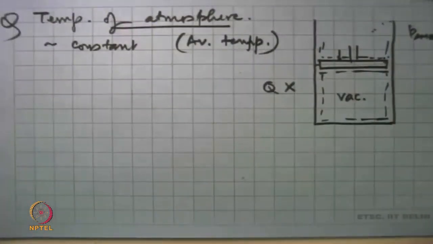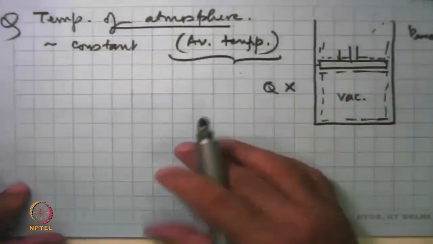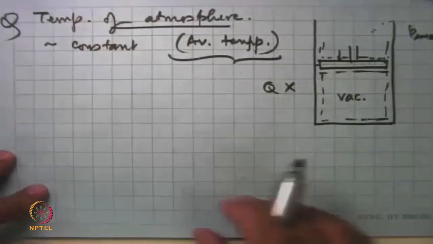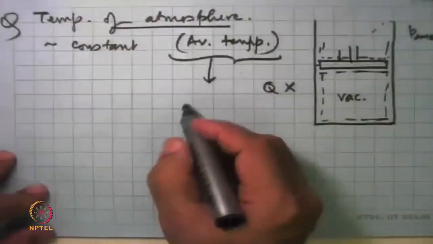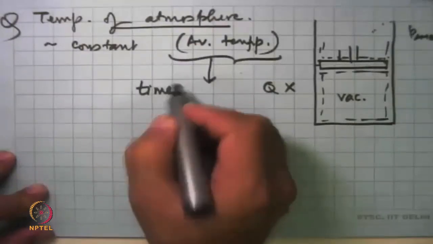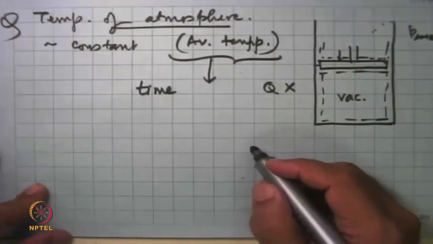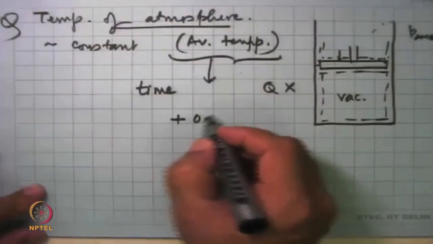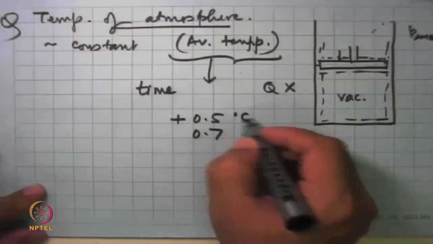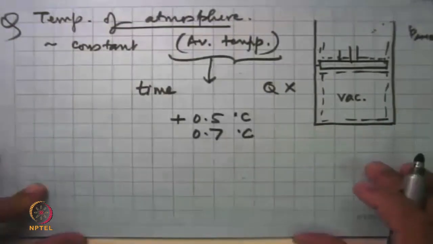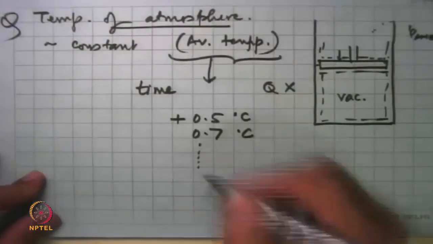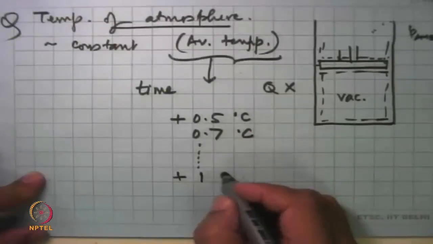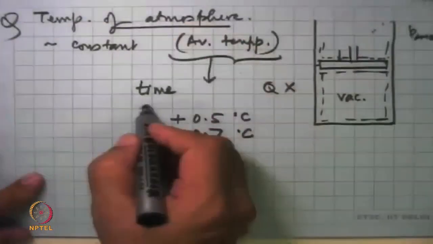But when we talk of global warming, what we are saying is that I will look at the average temperature of the atmosphere, not the temperature in this room or somewhere else, and look at how it has changed with time. And what we now have evidence for is that the average temperature of the atmosphere has increased by between 0.5 and 0.7 degrees Celsius. And predictions are that in the next 20 years, this increase will be 1 degree Celsius. And what is the base?